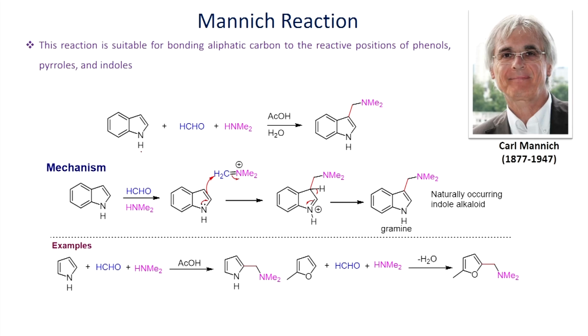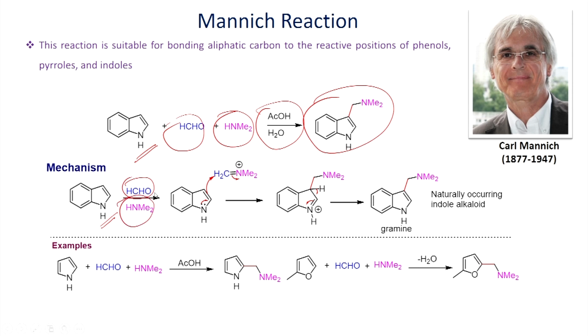Here the Mannich reaction is shown. In this example, the reaction of indole with formaldehyde and dimethylamine is shown. In the presence of acid, it can give this. You can try to introduce an alkyl amine substituent, and the mechanism of this reaction is shown. In this reaction, first the aldehyde undergoes reaction with the amine. You form the iminium ion as a product, which acts as an electrophile.